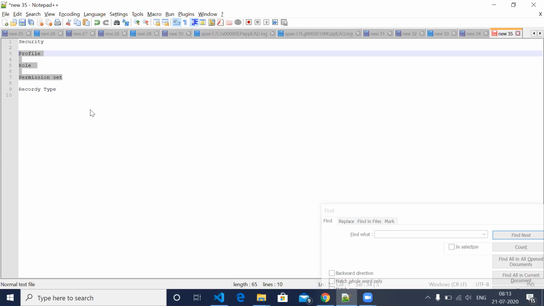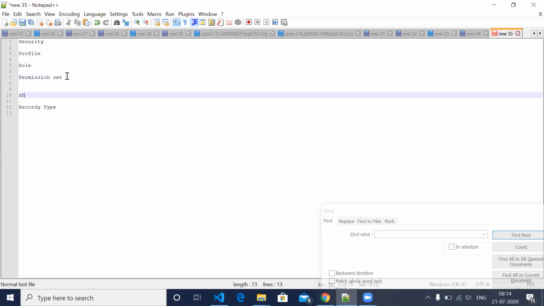So what is security? And we have one more called sharing settings. We can see that tomorrow. Security means we have to control the visibility of the record. Like yesterday I said, if different people are there and they have different designations, then accordingly they should have the access, privilege, extra access or less access and everything.